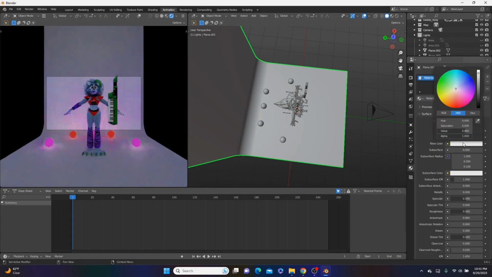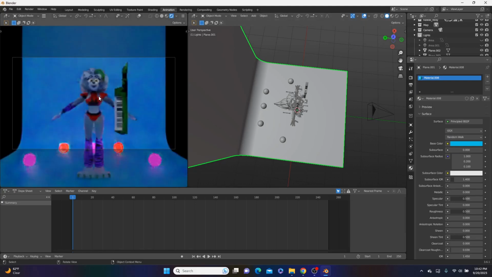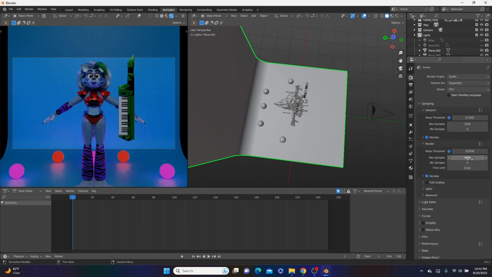Change the background to this. Of course, we're just gonna... now, if you're ready to render, just change this to 128. Or change it to 500. Or any other thing that you want. 128, 500,